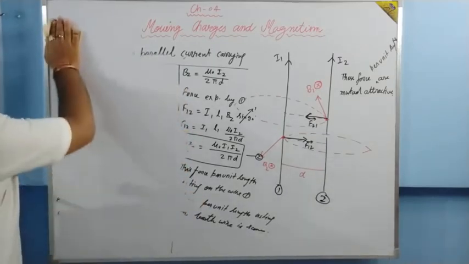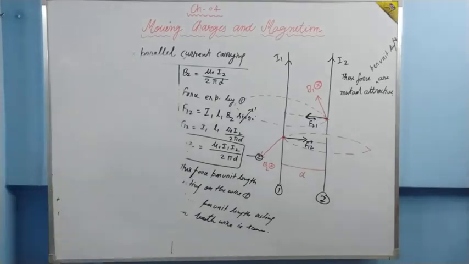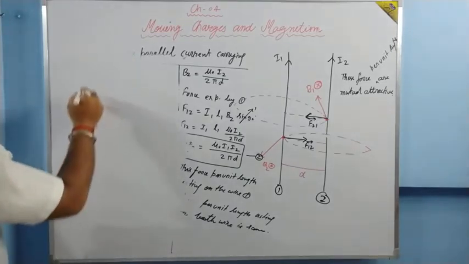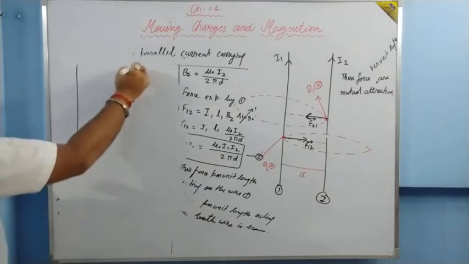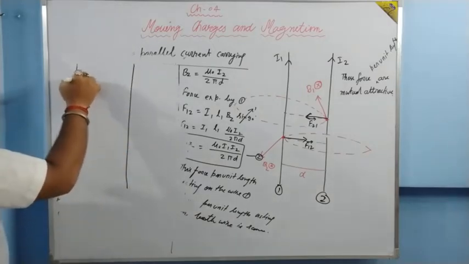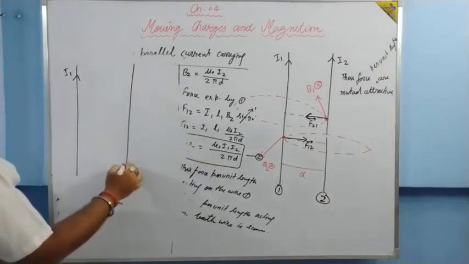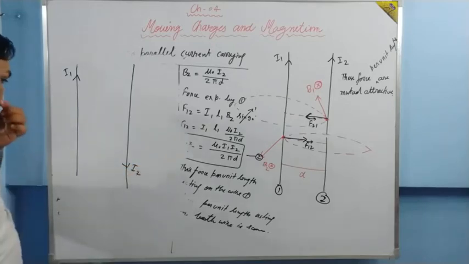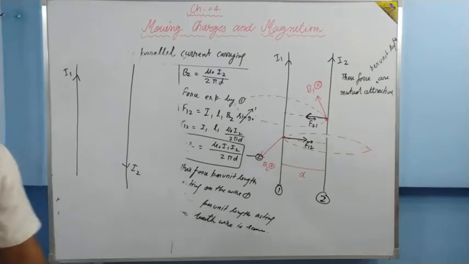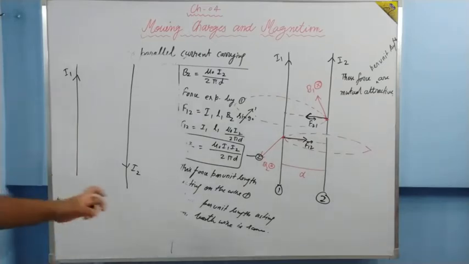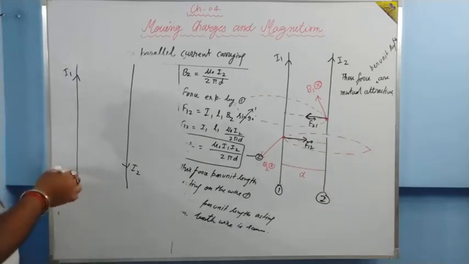What I am telling is, suppose two wires are there, both wires are parallel to each other. In one wire current is going upward, in another wire current is going downward. Rest all the things are the same, so the mathematical expression will not change. In the mathematical expression, directions were not considered. But what is the direction of force in that case?